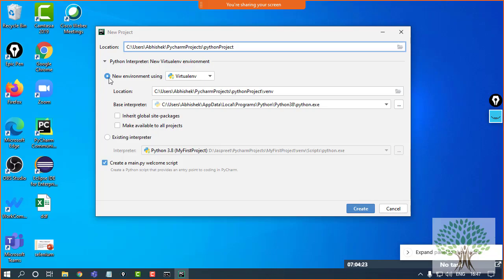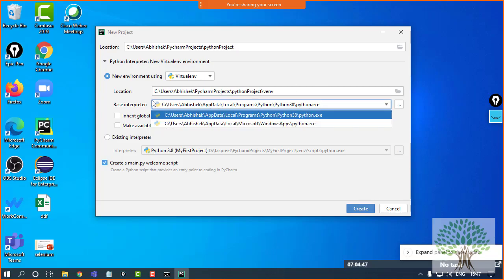Now remember, while the installation of Python was being done, I told you to check the checkbox. If you have checked the checkbox and you go over here in the interpreter, it will automatically pick Python from the system variables and set it over here. If you haven't checked the checkbox, then you have to manually enter this path yourself.